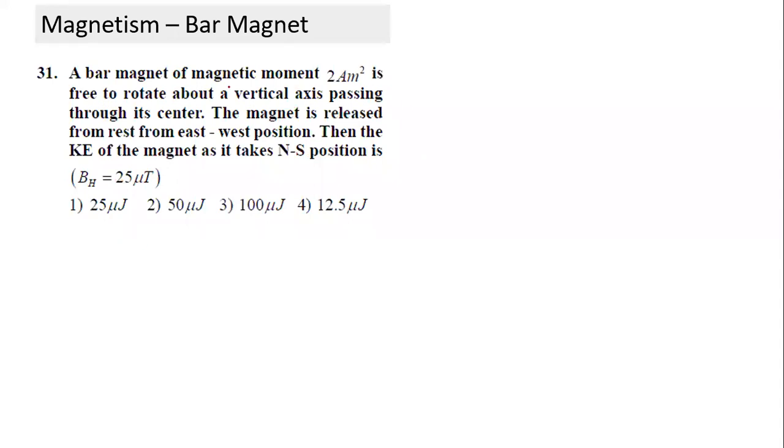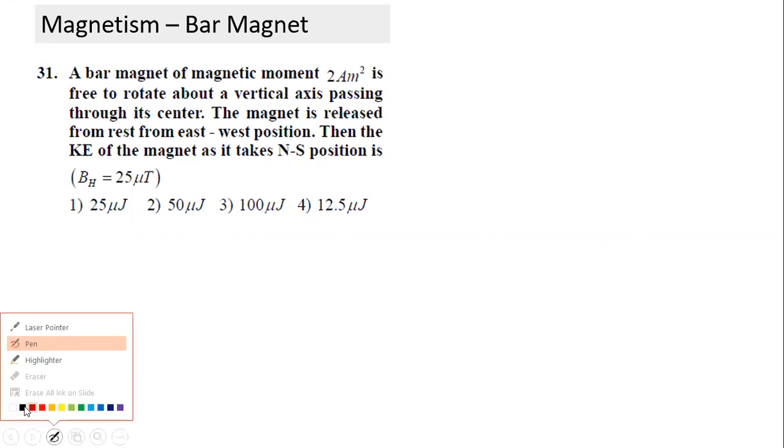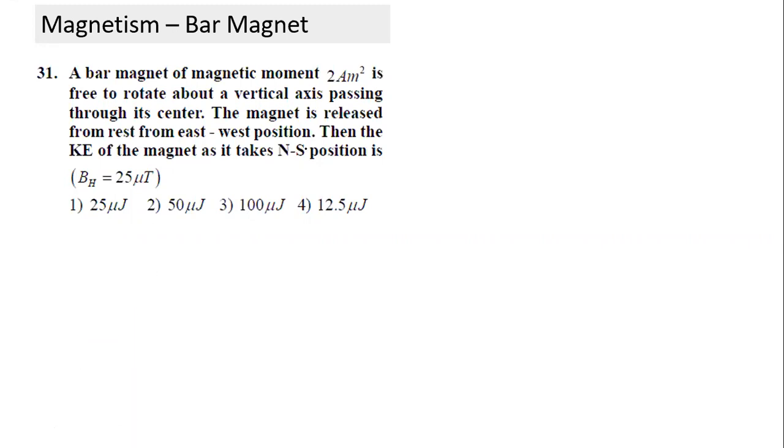If we visualize what is given here, just draw a figure. What is given here? Magnetic moment is free to rotate about a vertical axis. Again, I take a top view. What is happening in this question? If you realize, kinetic energy and magnetic energy terms have come. This question involves conservation of energy.